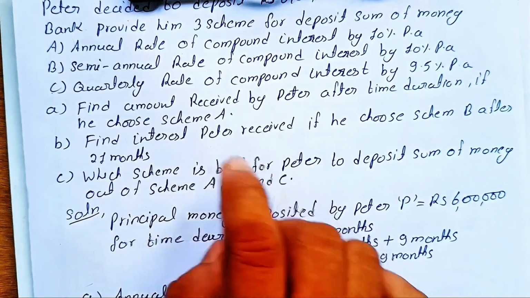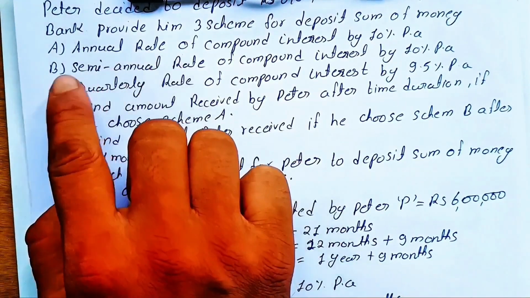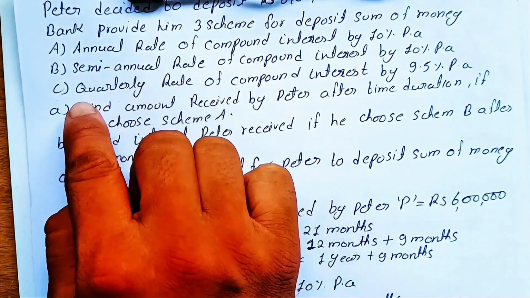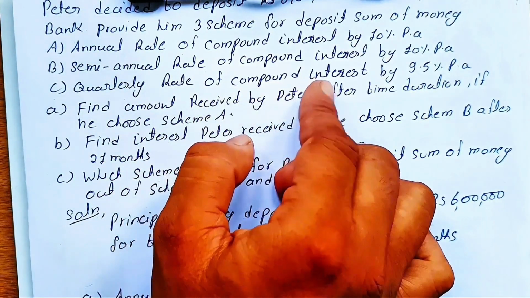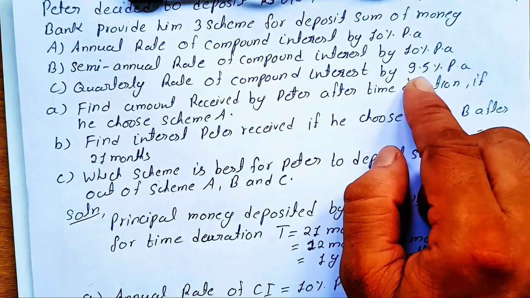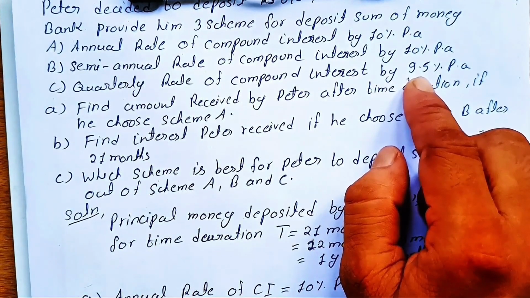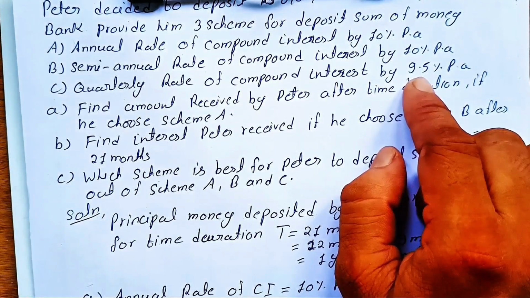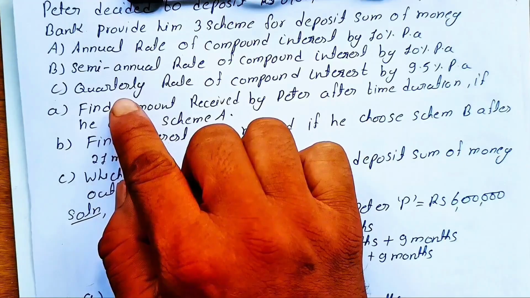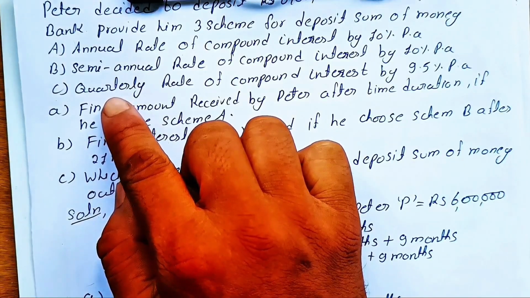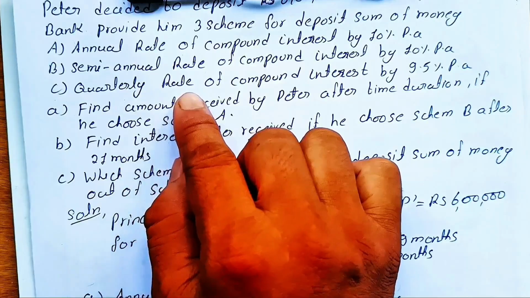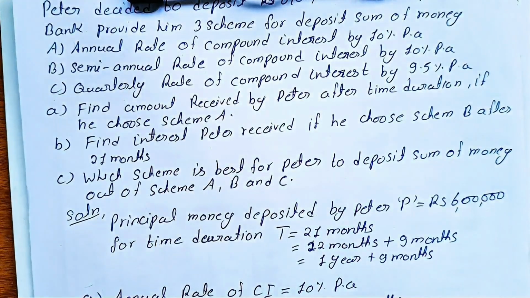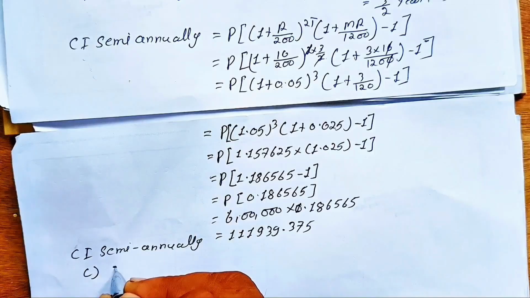As for the A section is annual, B section is semi-annual, and C section is quarterly rate of compound interest at a rate of 9.5%. So again we have to find compound interest for C scheme at quarterly compounding rate of 9.5%,